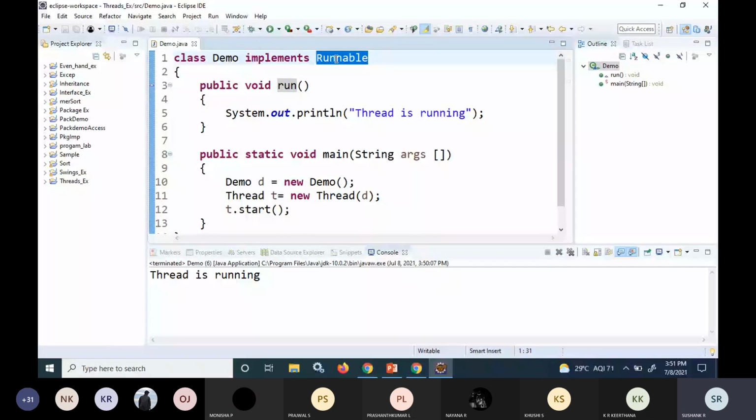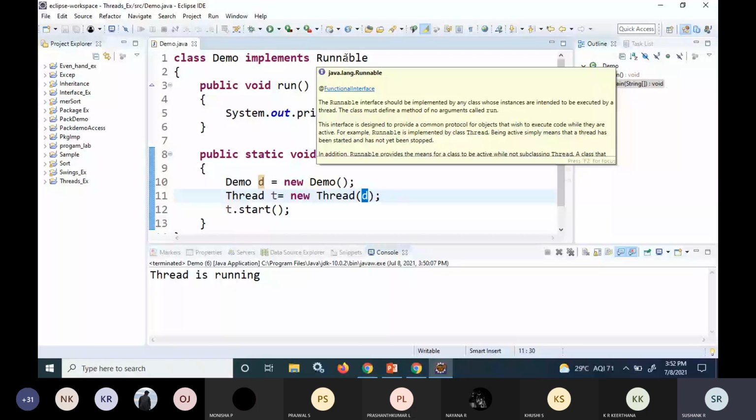That's why I'm using one extra line: since I'm not extending the Thread class, this object D will not be treated like a thread object. So I create a Thread class object explicitly, and pass it the object which implements the Runnable interface so that the run function can be executed.